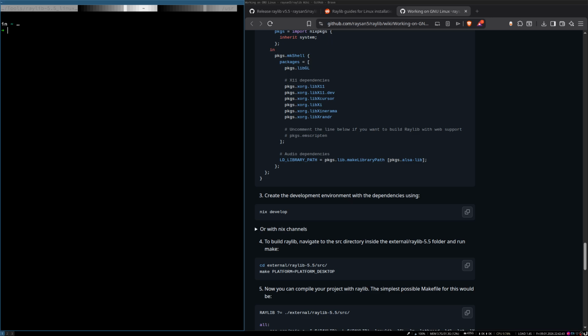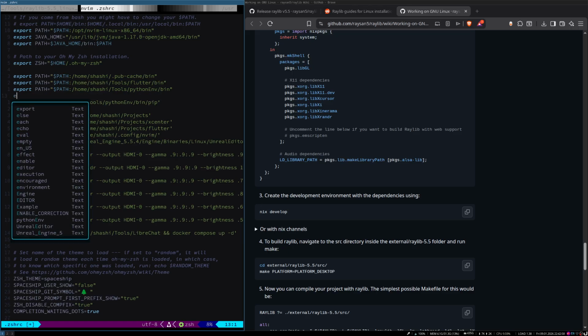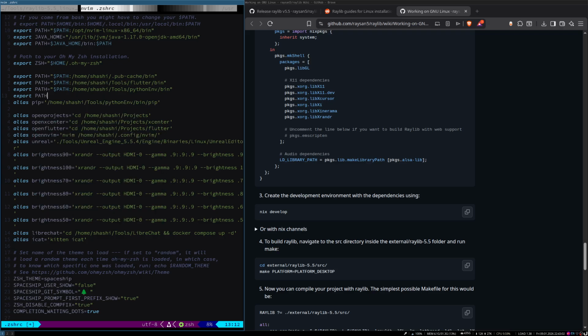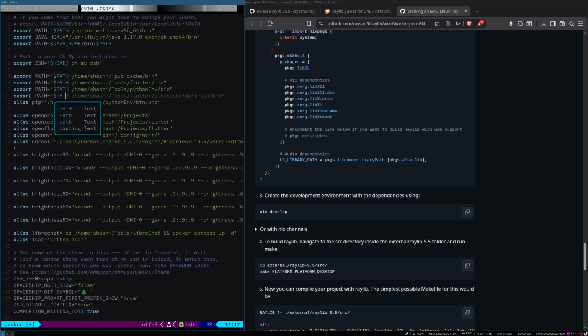So and I'll add the path variable here. Okay, export path, and we